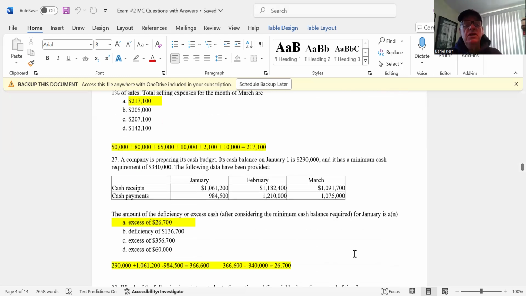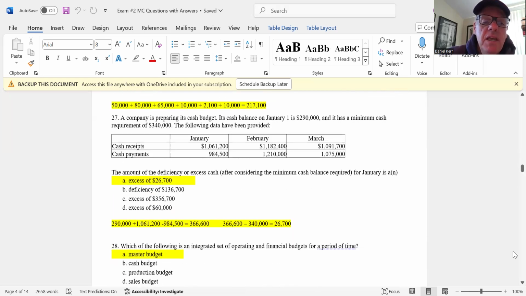27, lots of information is given, and they want the amount of deficiency or excess cash after considering the minimum cash requirement for January. Okay. So we're focusing on January here, and the minimum cash required that we're going to have at the end of January is 340,000. And they told us the beginning cash in January was 290,000. So take the beginning cash in January, add to it the receipts, subtract out the disbursements. That gives you